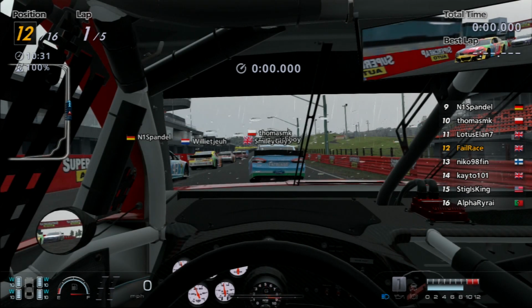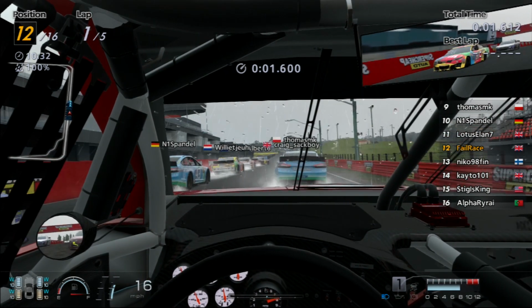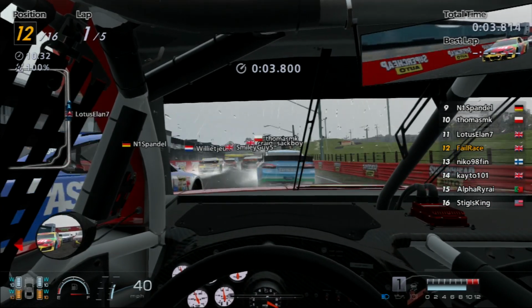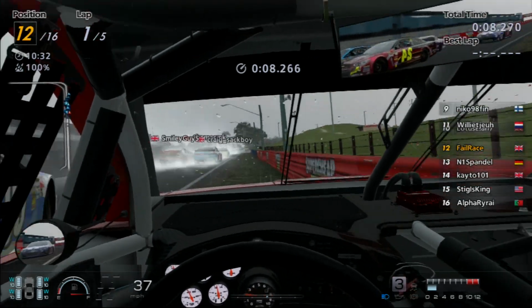We move on to the final race at Bathurst. Of course, we're going to have a go at Bathurst, one of the tightest, one of the twistiest, one of the nastiest tracks on this game. The reason why this place is particularly challenging for these vehicles is if somebody has an incident, like for example